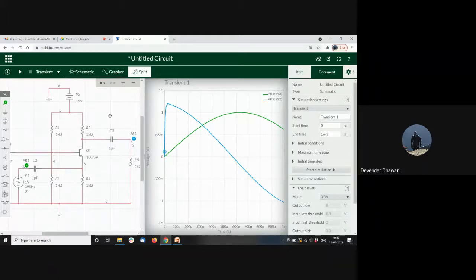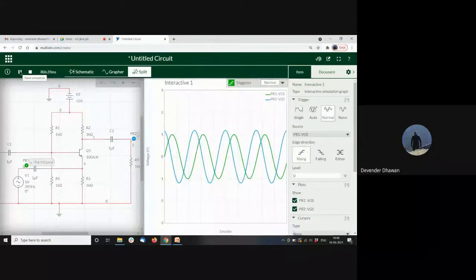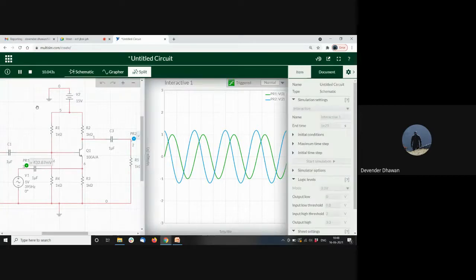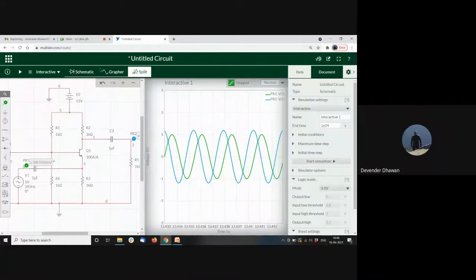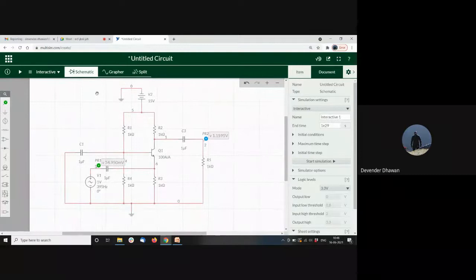Because it's a free version, there would be multiple restrictions. So we are just trying to overcome that restriction by using other tools like Excel and some manual work. Is it okay, ma'am? Okay, sir. Any further questions on this? If not, I'll move forward with the next circuit, which would be our common collector.